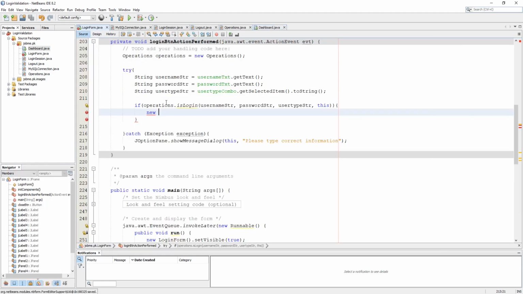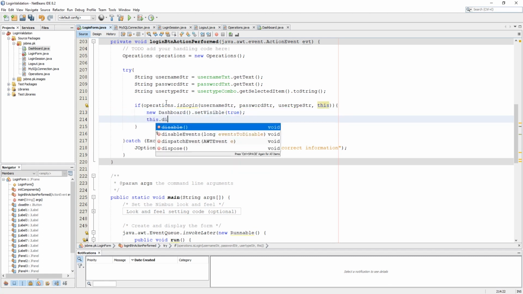Okay, set visibility of dashboard to true and dispose this login screen using this dot dispose.